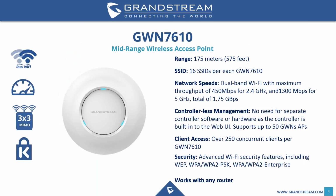The GWN 7610, as well as our other GWN device, which I'll tell you about in a second, offers 16 different SSIDs or networks per device. So each access point can offer up to 16 different networks, with potentially different login criteria for each one. The GWN 7610 is a little bit higher end than the 7600 I'm going to